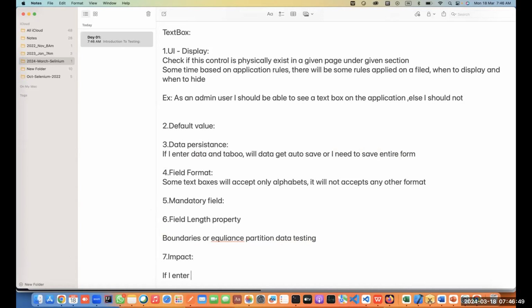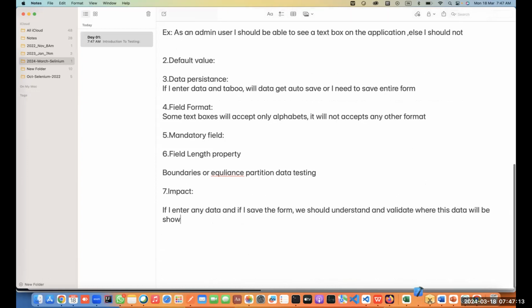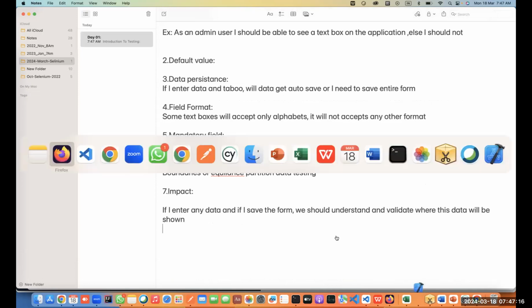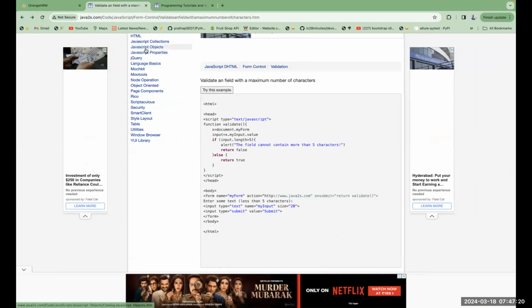If I enter any data and if I save the form, we should understand and validate where this data will be shown. So for example, before this,